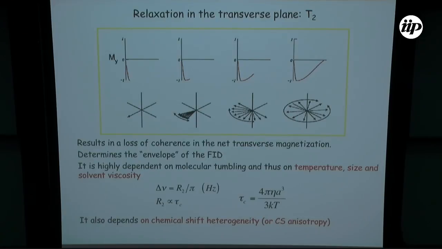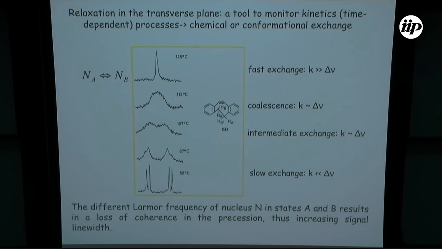And this has implications, first of all, because it depends on the molecular tumbling. I mean, you can imagine, not only because the chemical shifts are slightly different from one another, but also because the molecule may be tumbling as we go, if the time scale is equivalent. So that means that the coherence is lost as well. And there is one more effect that this has, which is interesting from the point of view of doing the experiments, which is